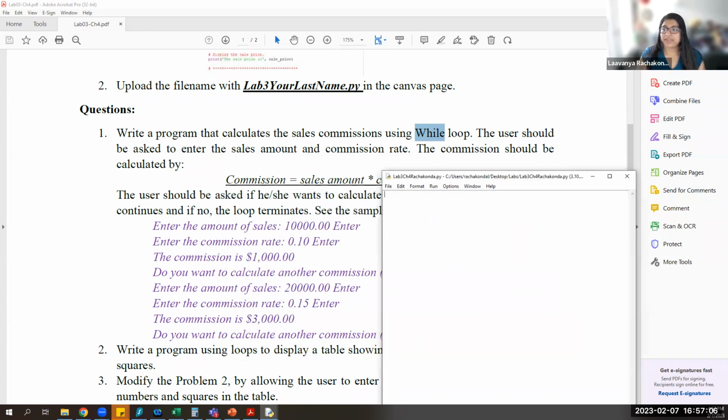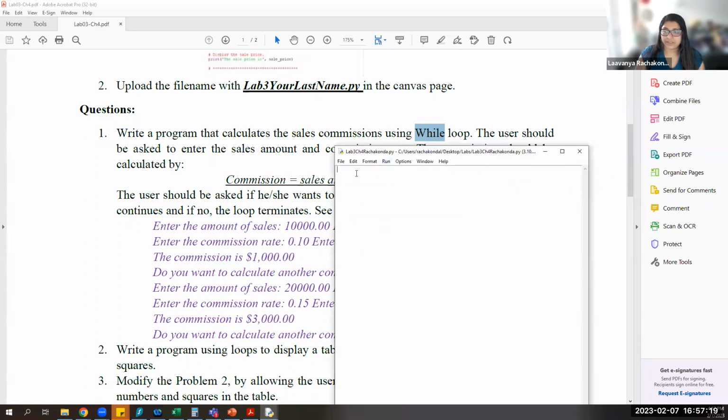Chapter 4. Okay. So the first thing is we should use a while loop, and we must ask the user to enter the information inside that loop. So let's use the same variable, that is, let's assign that to y. Keep going is equal to y. So while keep going is equal to y. So as long as the keep going variable is y, we are asking the user to